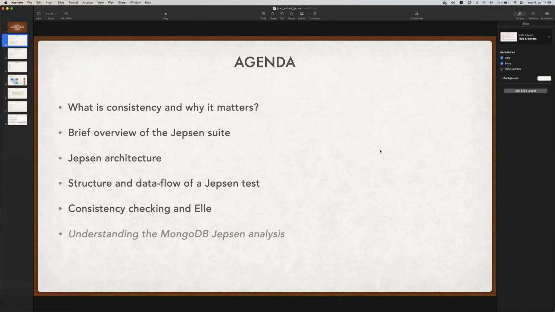Then we'll look at a brief overview of the Jepsen test suite. What are the different components that go into a Jepsen test suite? We'll look at the overall architecture, how it actually runs when you run it on Docker or AWS or wherever you want to run it. What is the structure of a Jepsen test? What are the things that go into a Jepsen test? And finally, we'll look at